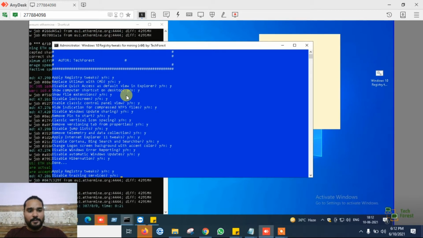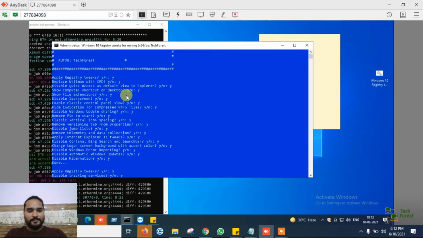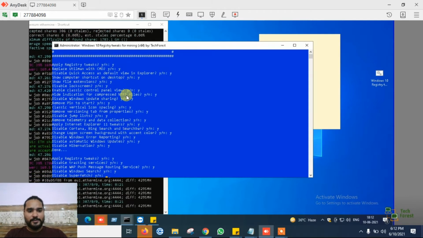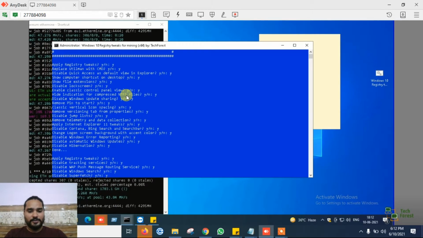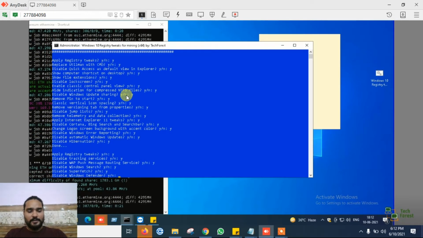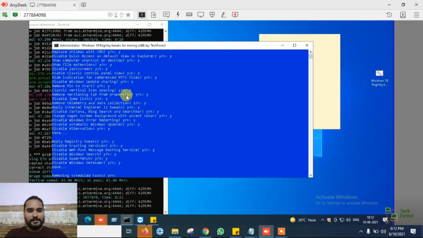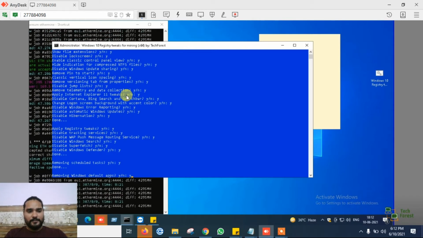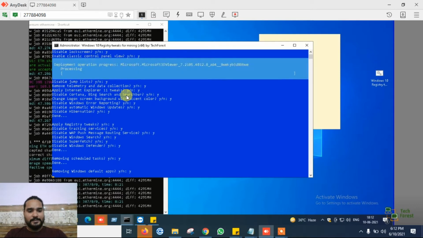Yes. Disable tracking services. Yes. Web push. Yes. Windows search. Yes. Disable superfetch. Yes. Disable Windows Defender. Yes. Removing scheduled task. Yes. Windows default app. Yes.